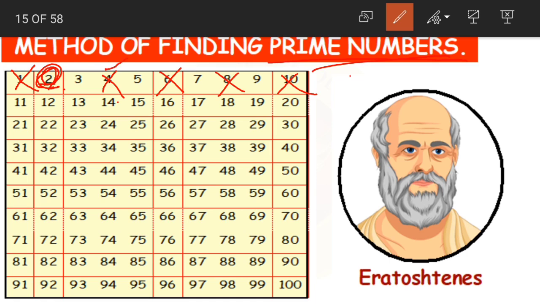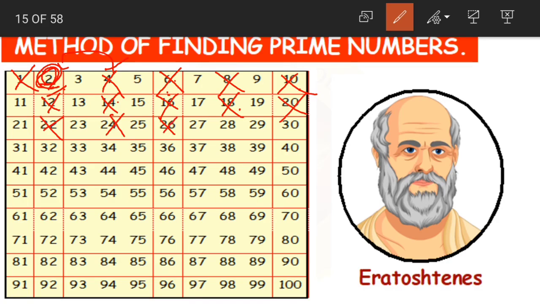Okay, if you take the number 4 for example, it has 1 and 4. Yes, 1 is a factor of every number and every number is a factor of itself. So each number will have 1 and 4 as its factors. And again, as it is a multiple of 2, 2 is also its factor. Yes, as all these are multiples of 2, apart from 1 and itself, they have 2 also as their factor. So those will not be our prime numbers. That is why we are crossing out all the multiples of 2.